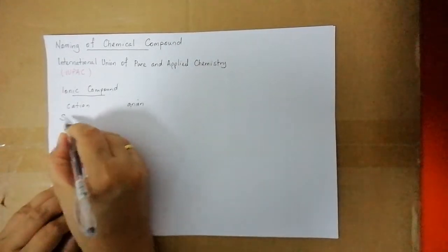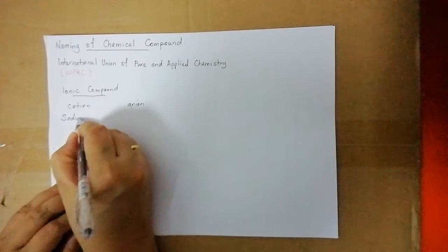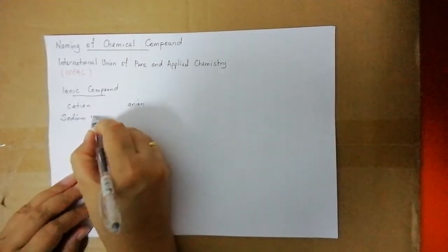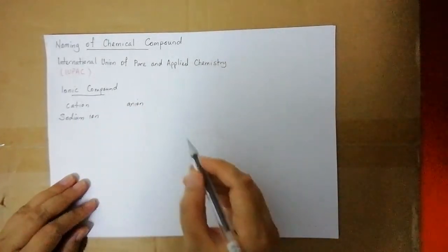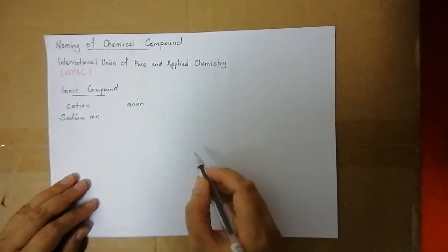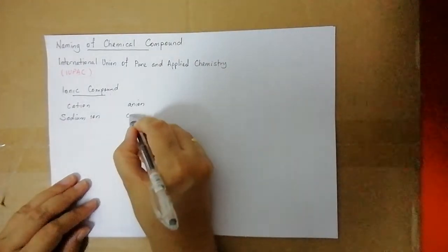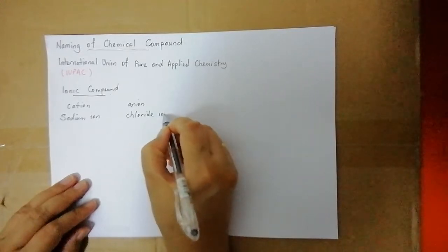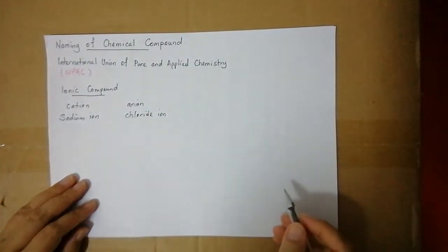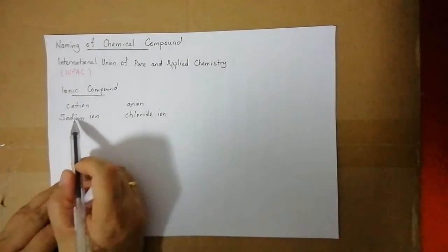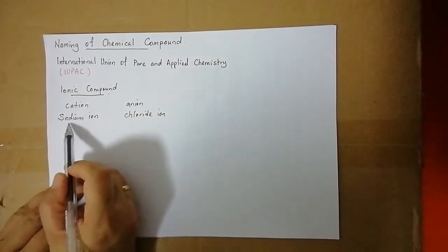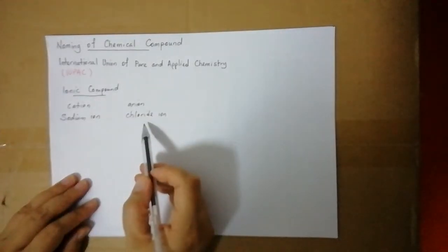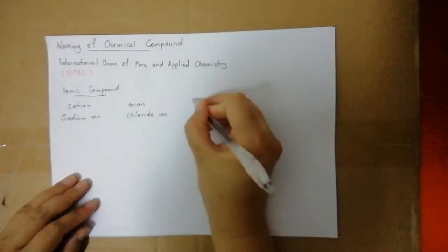For example, let's say we have a sodium ion as the cation, and the anion is a chloride ion. When I combine the cation and anion, sodium ion and chloride ion, the compound name will become